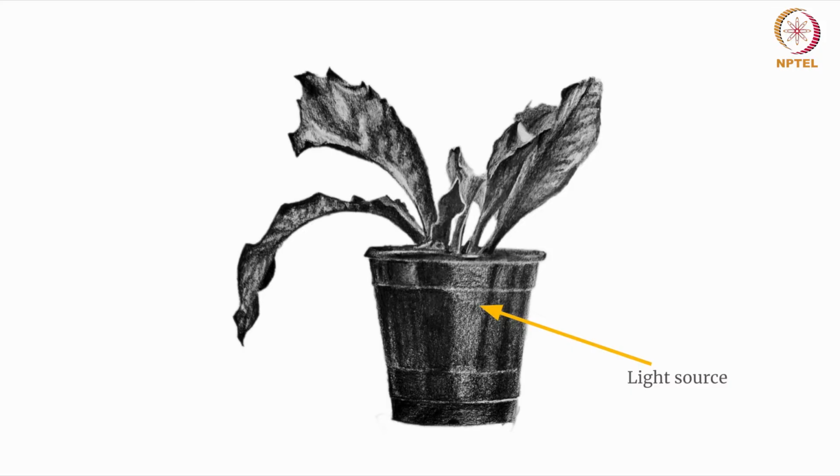If you go into the detail of shading, shading replicates how light interacts with a surface. When light hits an object, it creates an area of highlight, the brightest part, you can say. Then you will find there are midtones, which are a gradual transition, and then shadow, which is the darkest part of the object. So this variation in light intensity across the object's surface gives it a sense of dimensionality and realism.